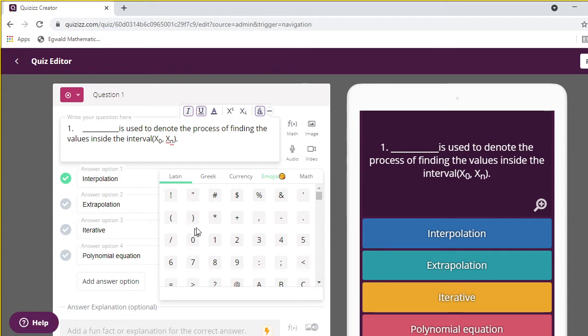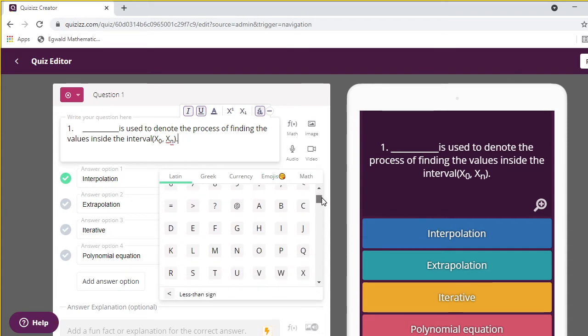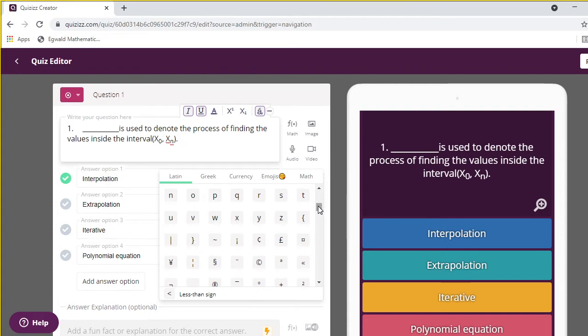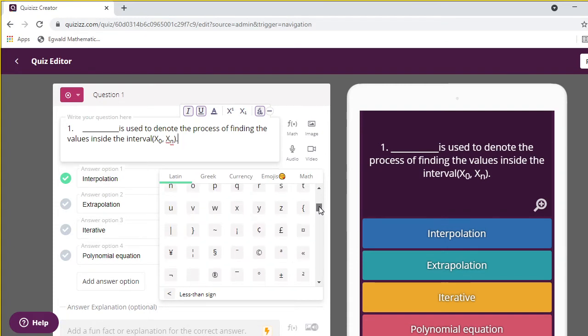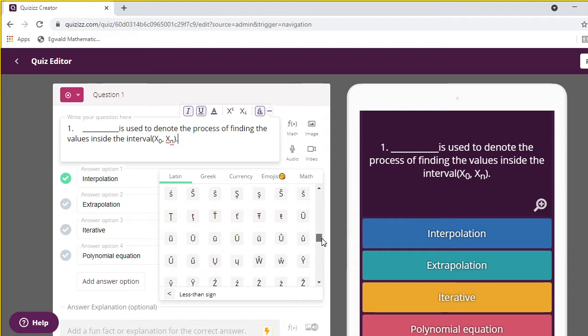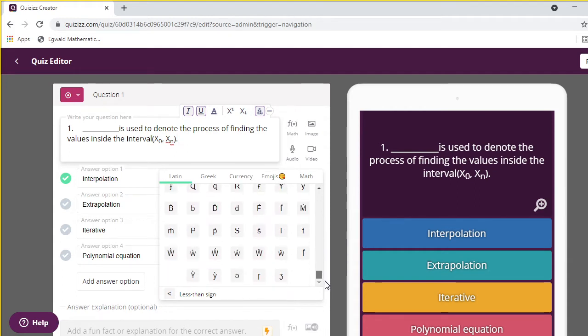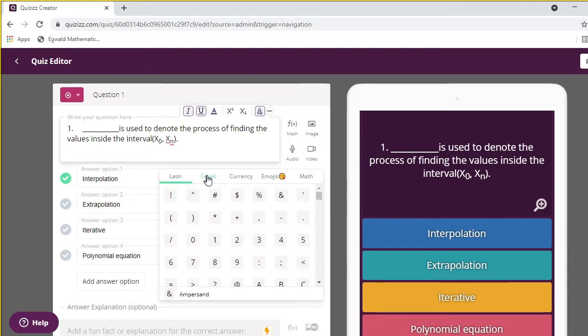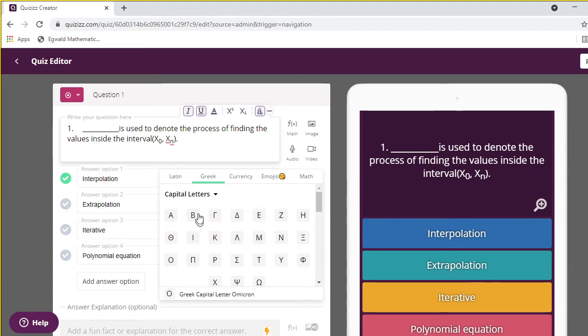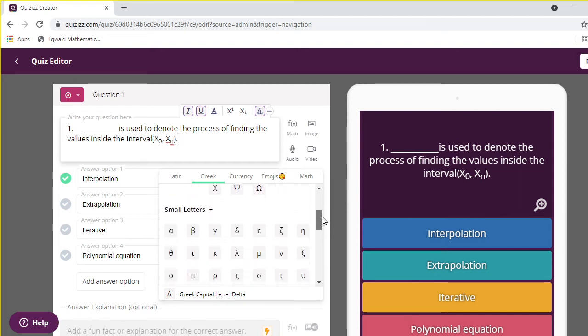Here you can choose all the mathematical symbols, Latin symbols, brackets, all brackets. Every mathematical tool is available here, so don't worry. The input tools of Microsoft are all here. Here Greek letters, lambda, delta, sigma, pi, every Greek letter is available.